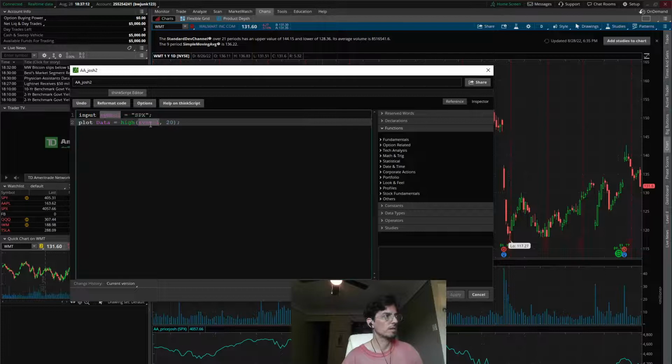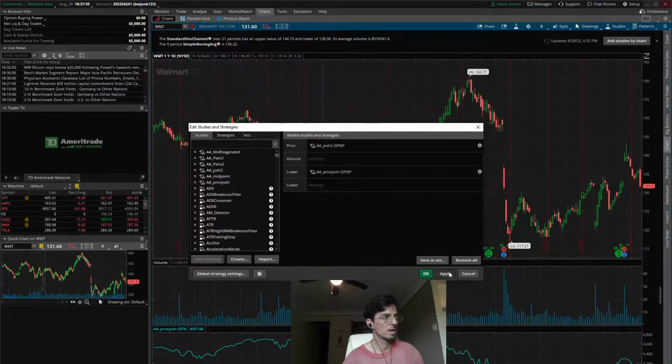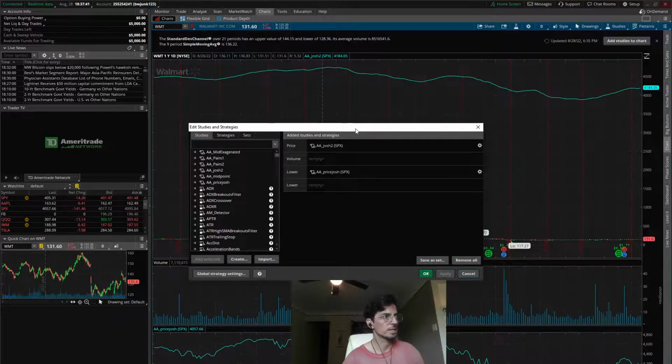Okay, so that worked of that symbol. So if we do the high of that 20, I don't know. I'm totally getting confused now. And then if we do that symbol, the high of that symbol, come on, 20. Now we get something else.